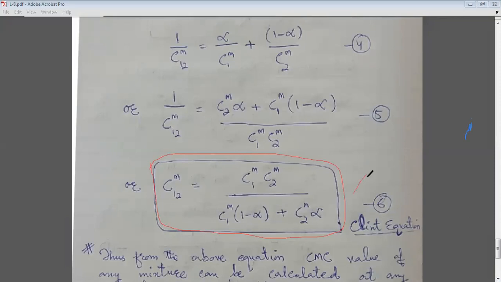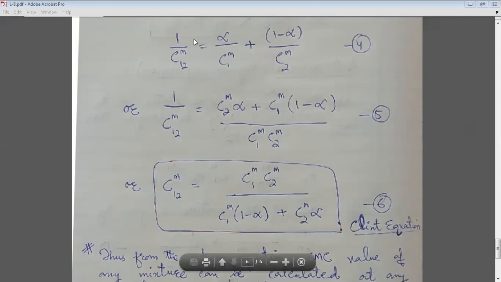So I have given you homework how to calculate these values, or this mixed CMC, or you can say C12M, that means the intermediate CMC. So you can make a simple table here, and first take the CMC of surfactant 1 and CMC of surfactant 2 and calculate the intermediate CMC. Suppose its mole fraction is simply given by 0.1, what I have already given you as an example. Please calculate that so that you will get this equation.